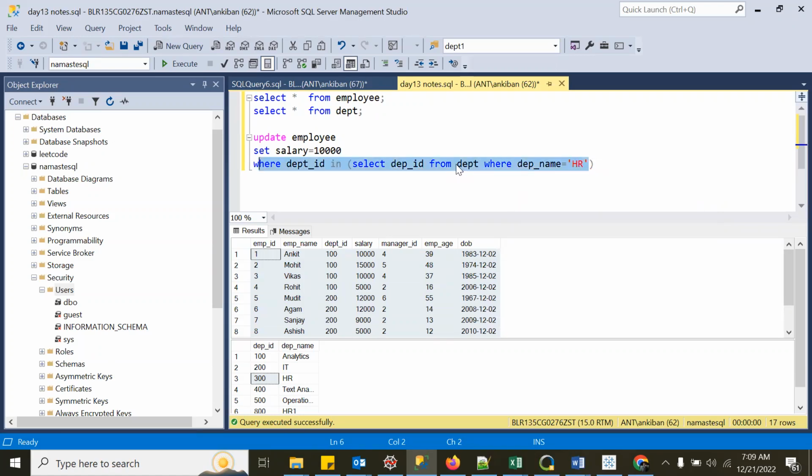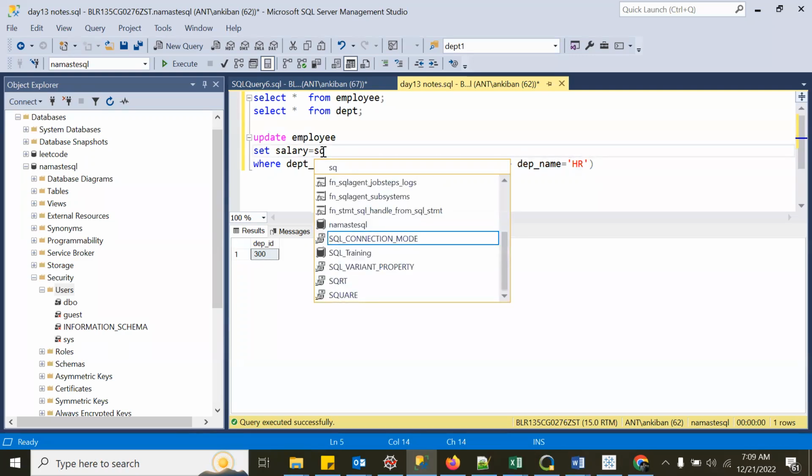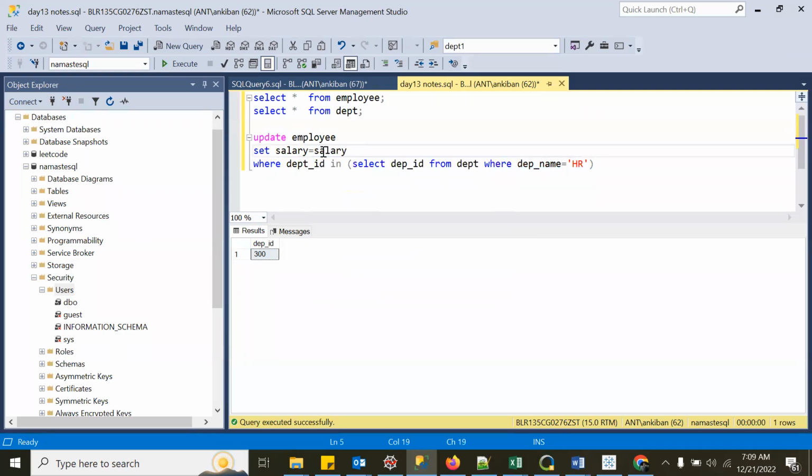So it will give you department ID for the HR department. And then for that, I will say salary equal to salary into 1.1. So I want to increase it by 10%, right? So if I run this,